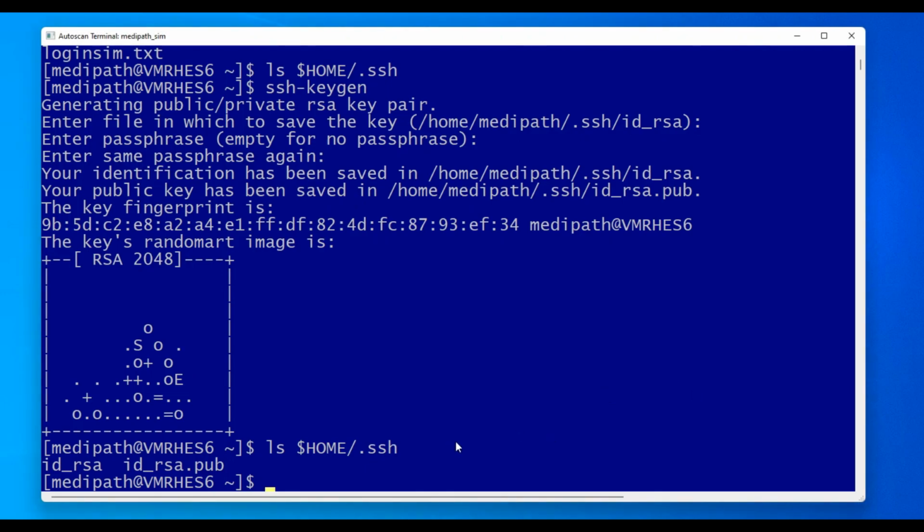So first we need to take our private key and put it on the Windows computer, into our users private SSH folder. The simplest way to do that is to cat out the private key to the screen and then capture it and put it into a text file on the Windows computer. It's just a text file, it's not binary or anything, so that's the easiest way to do it. So if we do cat